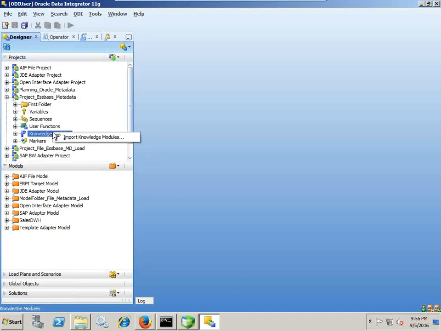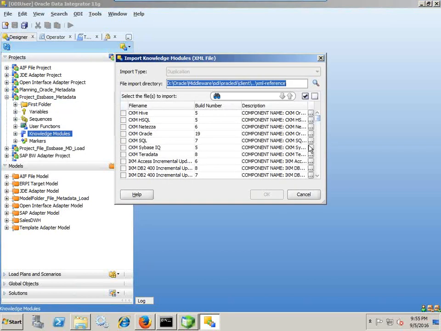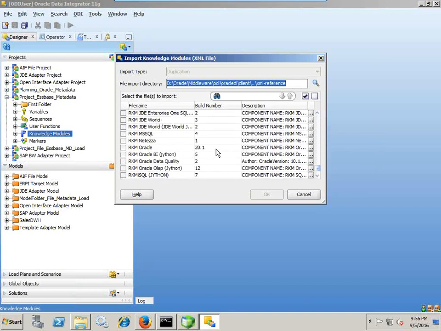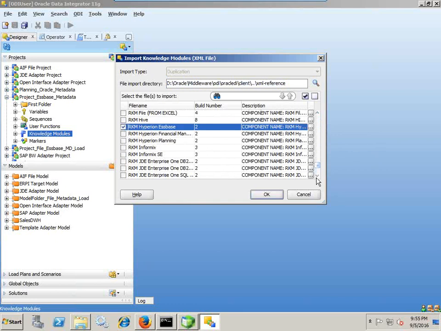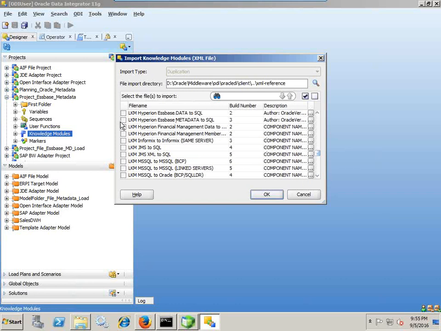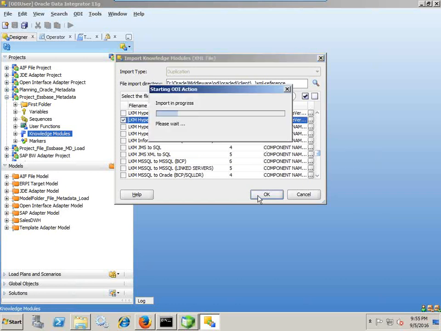So on knowledge module, import your RKM Essbase. And this will write from your staging to your Essbase. Okay. So that is your LKM, Essbase metadata. Next step,